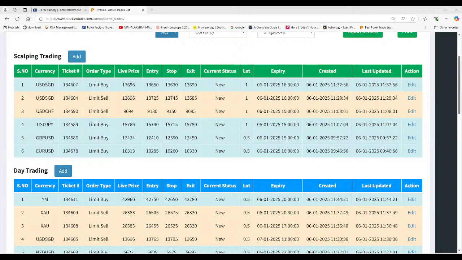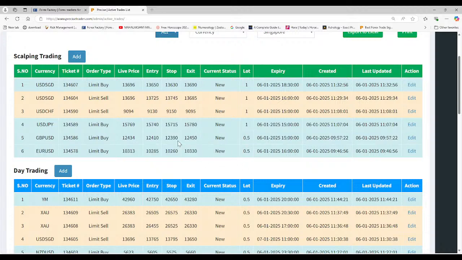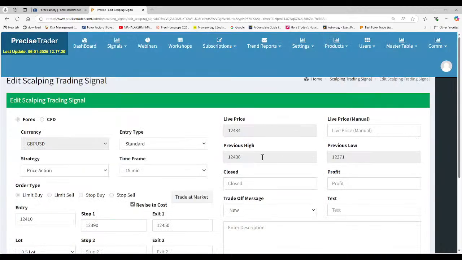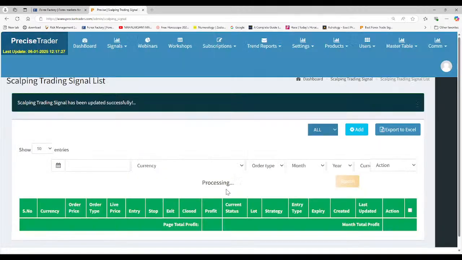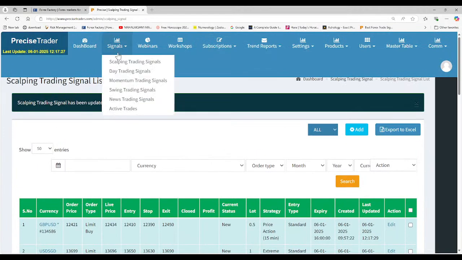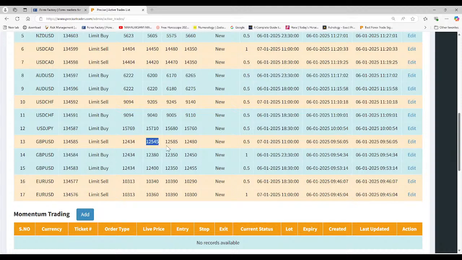Okay, we are going for a buy 10, exit 12450. Okay, this is a good signal. Let it work. So the only thing is we may want to extend this time. Maybe instead of 3, we'll give 1 more hour for this trade, because the market is very quiet. So then we have sell 12545. I think this is a valid signal as well, and its expiry is until tomorrow. That means we are trying to do it overnight.